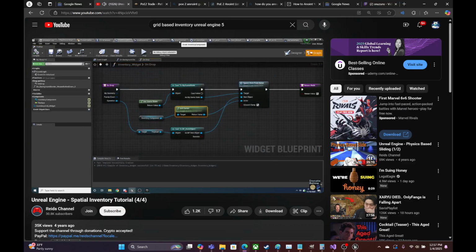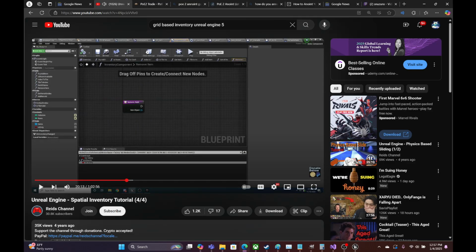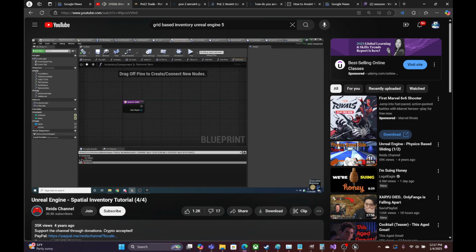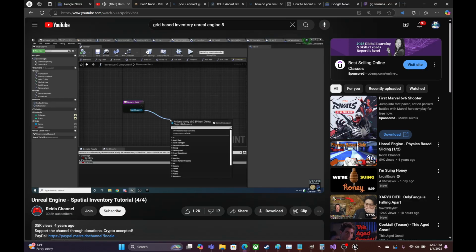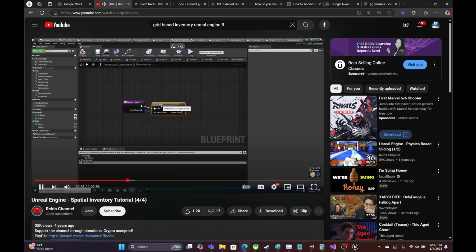It's actually really simple. If we go back to our inventory component and go to remove item, remember, we left this totally blank, which is why it's not quite working. So let's fill this out real quick. The first thing we want to do is make sure that the item we're removing is valid. So we'll say is valid, and if it is valid, then